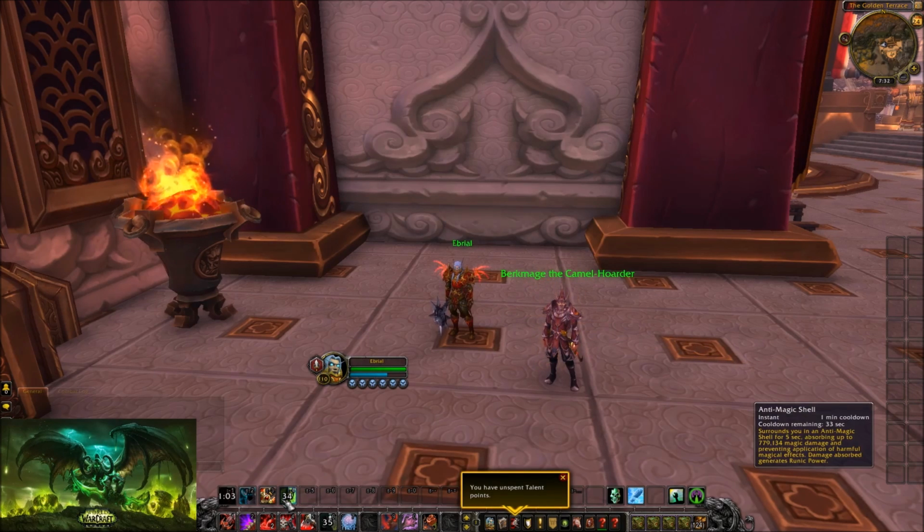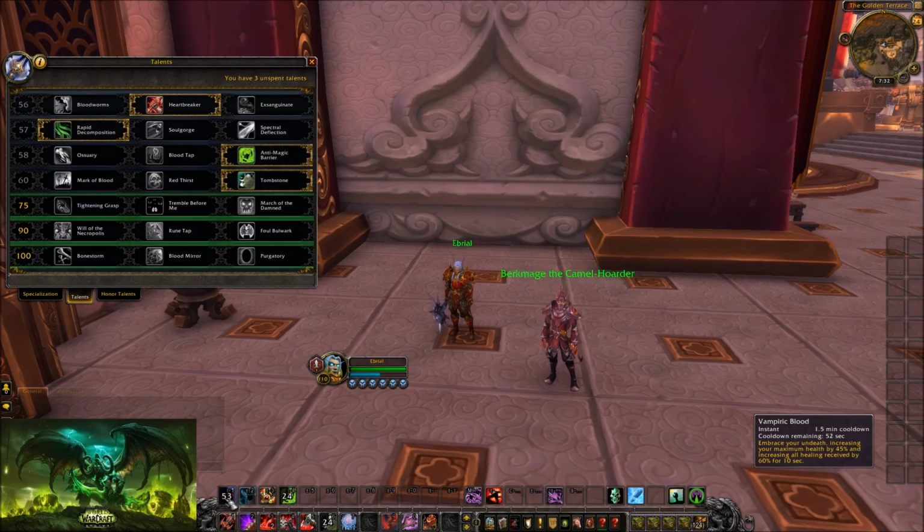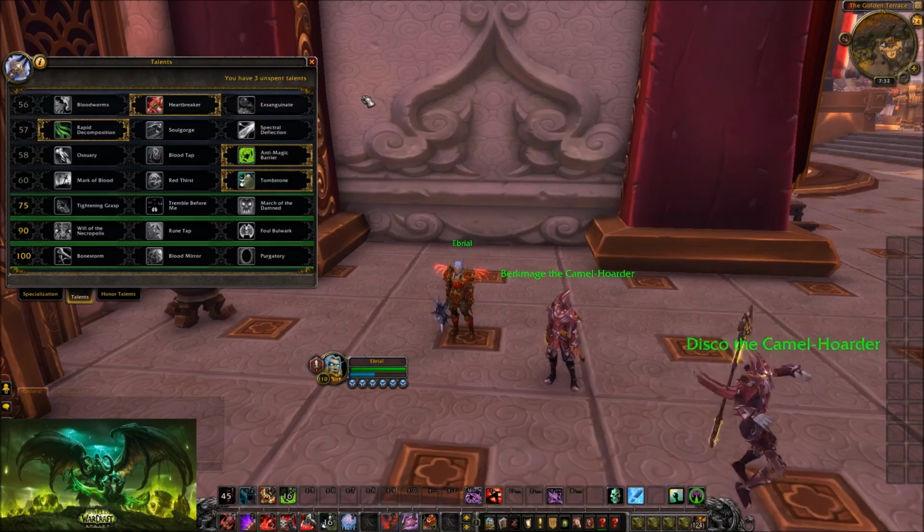Anti-Magic Shell doesn't have a long cooldown. It's the same as Tombstone. If you combine those two talents, you can literally just use those together all the time, or separately if you need smoothing damage, not combined. And then Vampiric Blood's going to be reduced when you're using your runic power anyway, so it's not going to have that 50 second cooldown. By now it'll probably be right about 25 seconds. That's stupid synergy, and it's so...